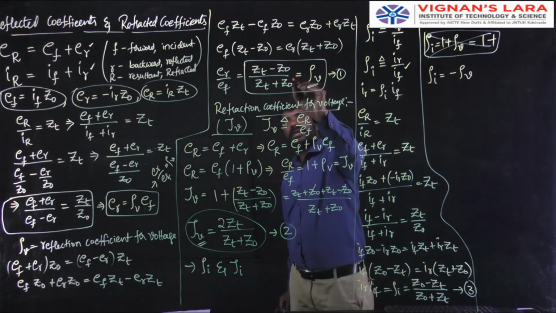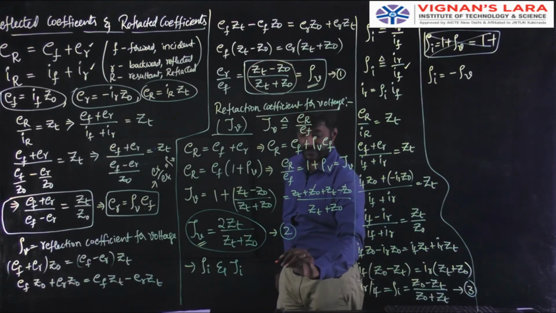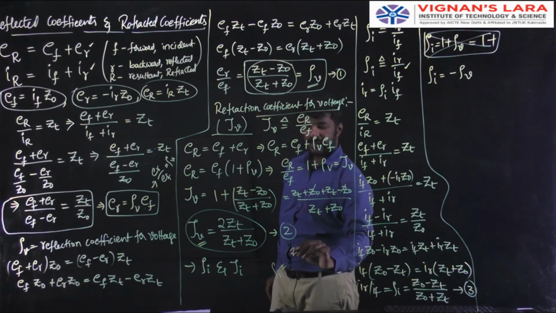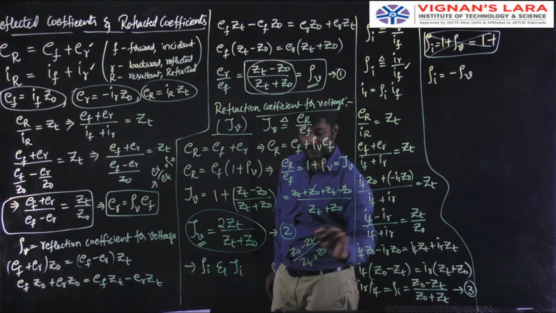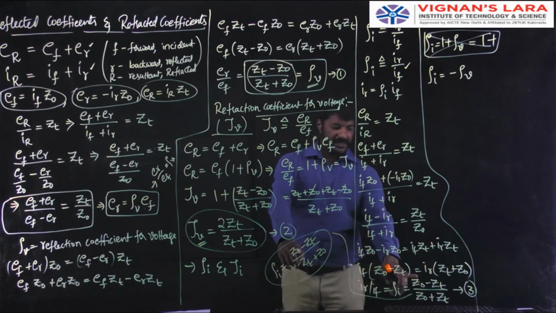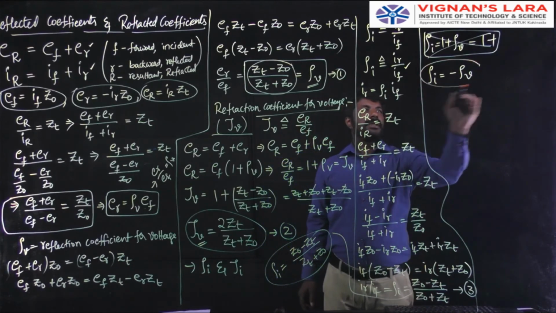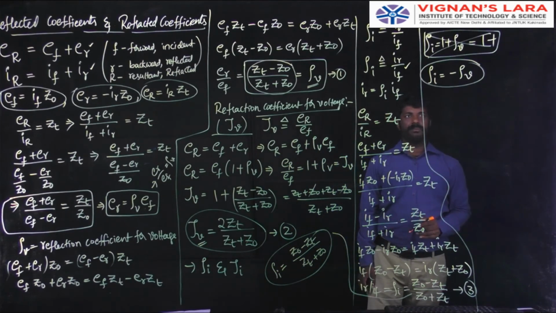If I multiply with minus symbol to this rho V, I should get rho I. Yes, this is rho V. This is the magnitude. I have to multiply it with minus. Whenever that is multiplied with minus, this value will become Z naught minus ZT, because I am multiplying it with minus, divided by ZT plus Z naught. If you check it, the same thing appeared here: Z naught minus ZT by Z naught plus ZT. Thereby, the relation between the reflection coefficients of the voltages and currents is rho I equal to minus rho V.